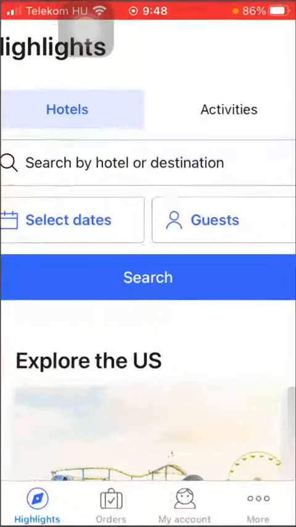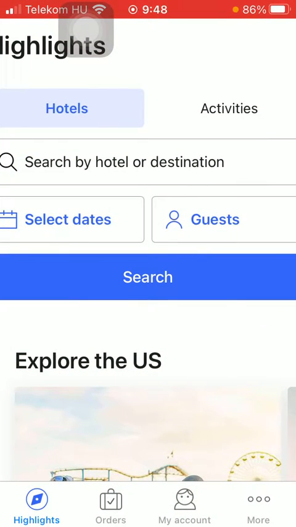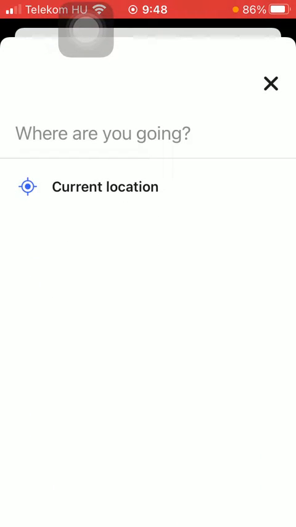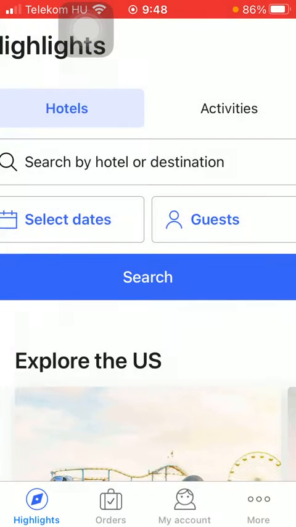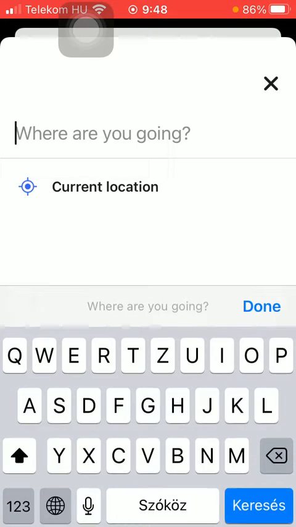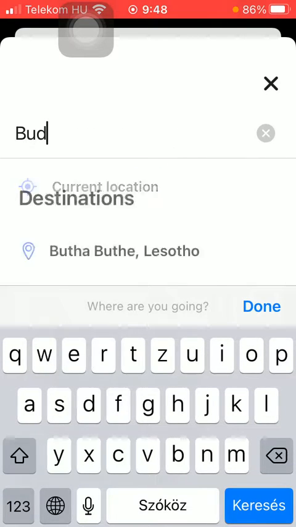First of all, open the application on your phone. After that you should tap on the highlights button in the left side corner down below, and after that tap on hotels at the top of the screen. Then you should set your hotel destination, so type it in,